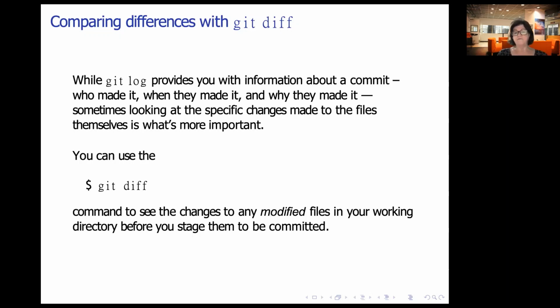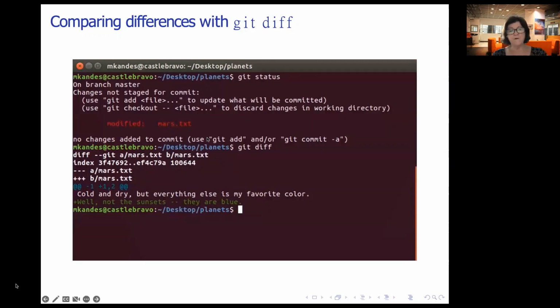But if you have a file that Git is tracking and you've made some changes to it, but not committed it, Git can also see those differences. All right, so here we look at the status. We've modified Mars.txt, and we're wondering, wait, did I modify that? What did I change in it? Let me track that. So you run git diff, and it gives you information about